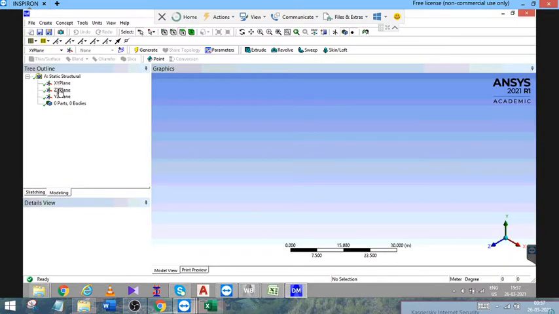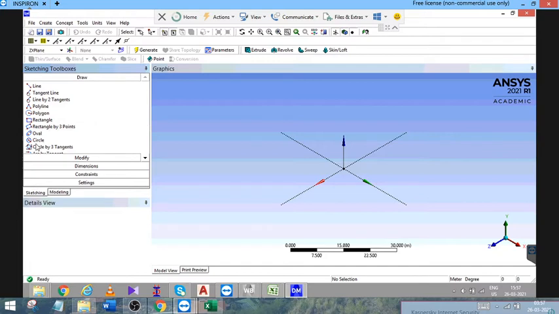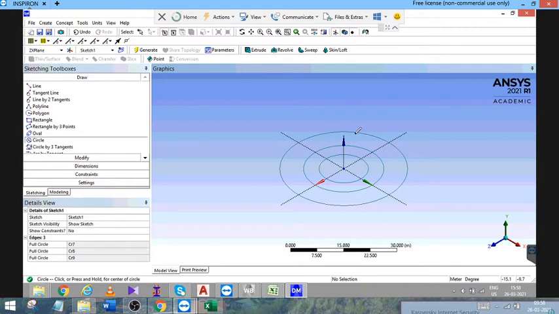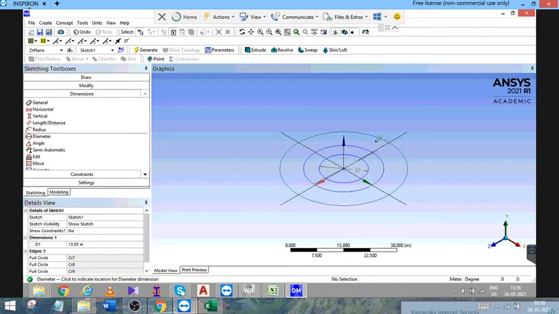Once you go to the design modeler geometry, choose the XY plane, and next you can go to the sketching tab. Here you need to draw the inner and outer circles. Here you are specifying to the software which is the concrete core and which is the structural steel. That is the reason why you are drawing three different circles, and you will be mentioning the diameters of them.